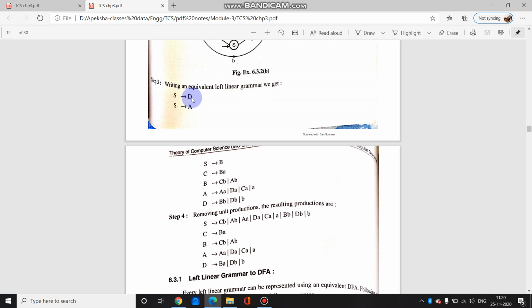AADACAA, and S also gives D. So S also gives D. तो हमने क्या किया, ये जो तीन अलग अलग है, फर्स्ट ऑफ ऑल तो S tends to B A D. You can write it like this. See, S in one single form you can write it like this. S gives